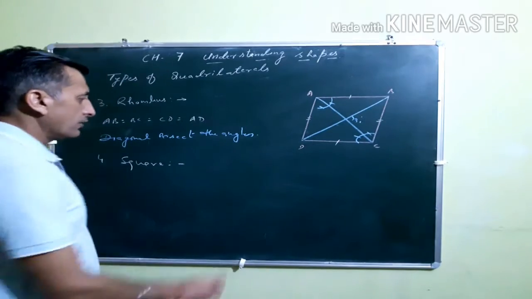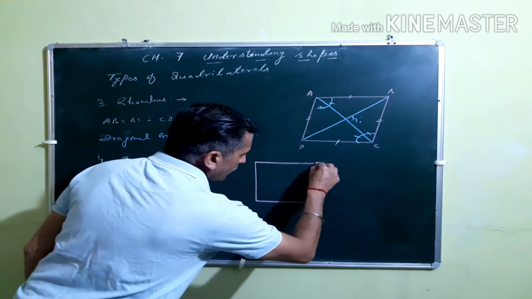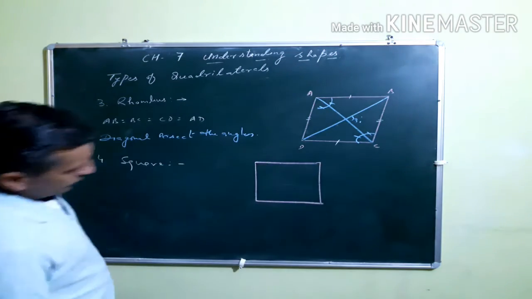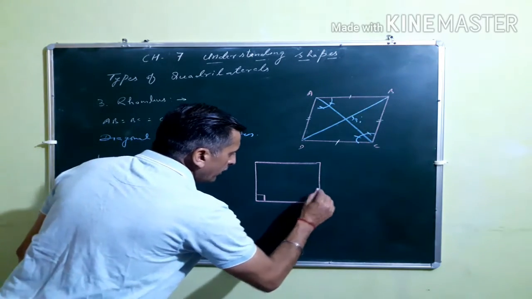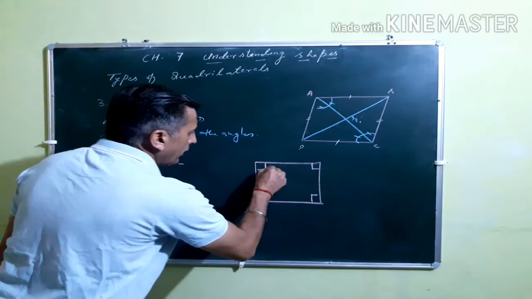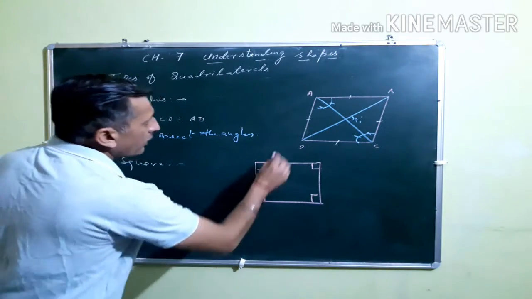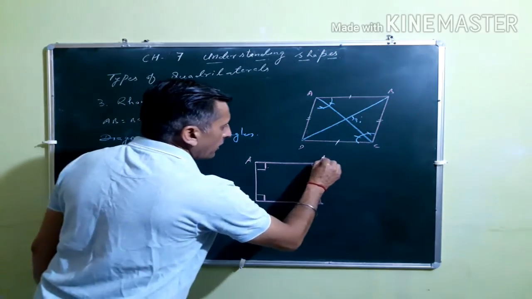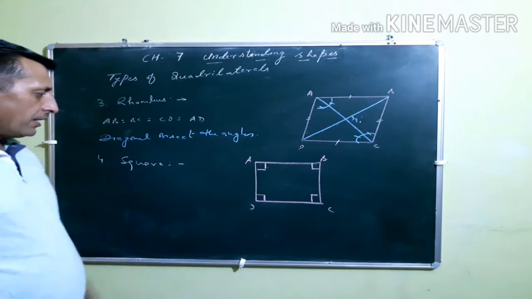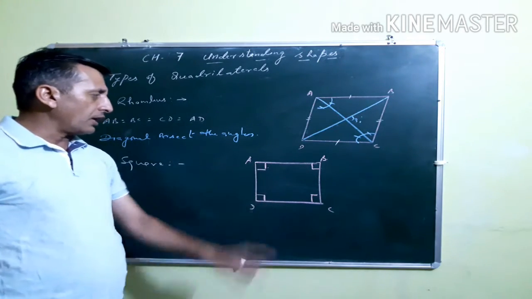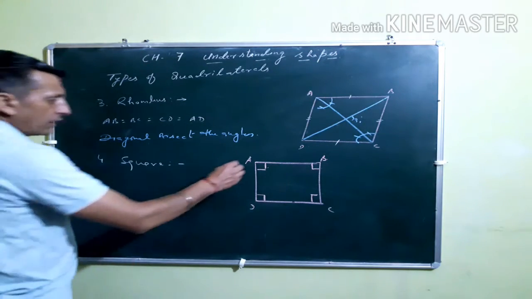See, I am going to use the red color once again, like this. This one, this and this. Okay. So each side is equal. This is your 90 degrees, this is your 90 degrees, and this is again 90 degrees, and this is 90 degrees. That's very important. The rest of the properties are from your rhombus. Once again, this is your A. I am taking the same names A, B, C, and D. So each angle is equal to 90 degrees, and naturally opposite angles are equal. This and this, and this and this.